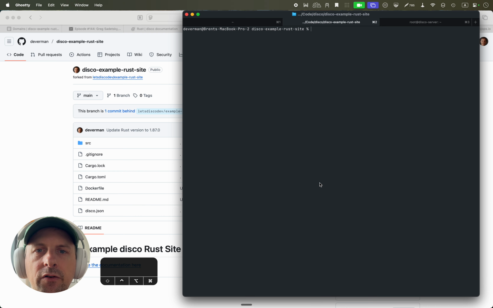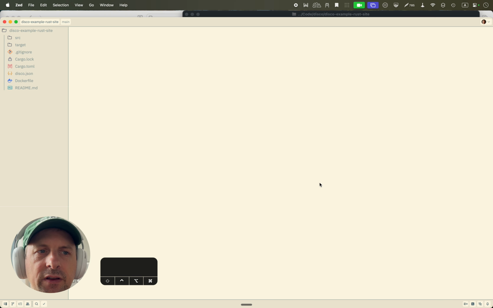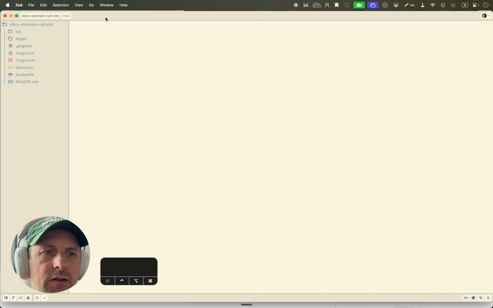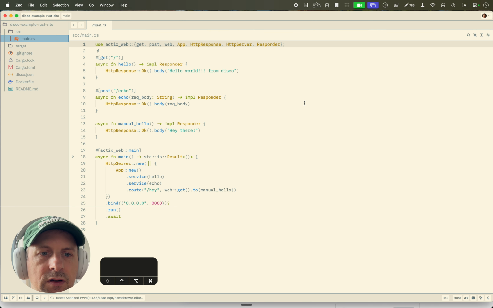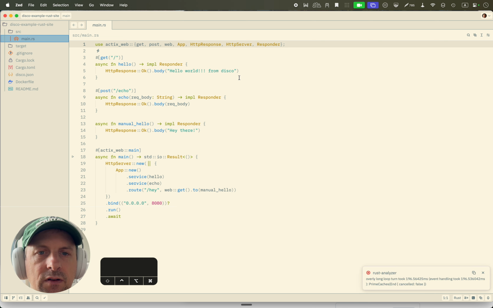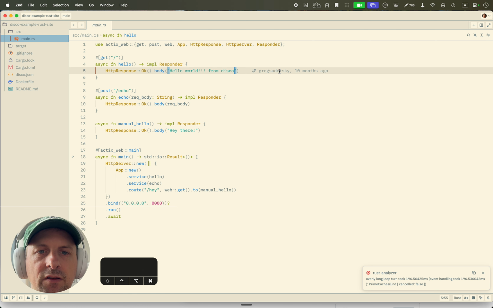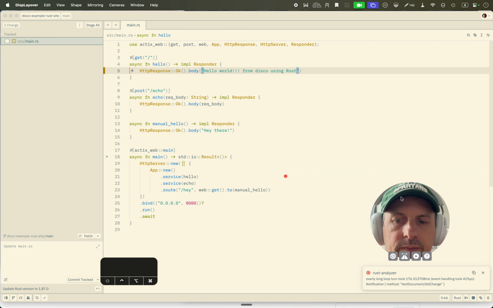All right, so now we're in our Rust site. I'm going to just do Z and open this site in our text editor. And then what we have here is we can go into our Rust source code, and we have a hello world. So we can change this to hello world from Disco using Rust. Okay, and if we save that, we can then